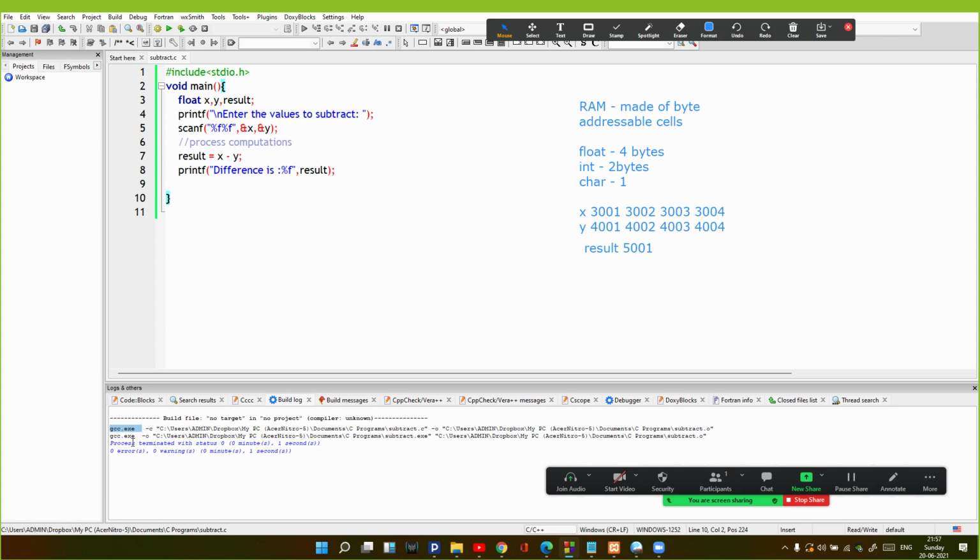Depending upon what kind of development environment you are using, the compiler can vary. It is using the option -c and -o to create the object file. This is a file that will be created in the folder where we have saved the source file of the C program, subtract.o. So this object file is created, which means the program is compiled.